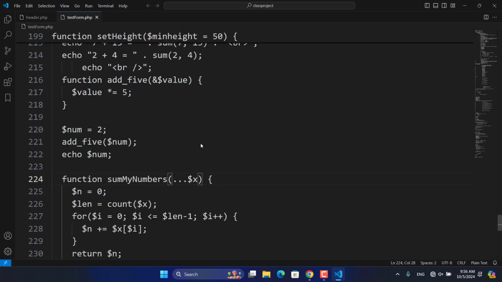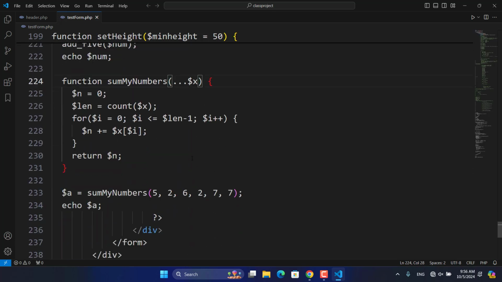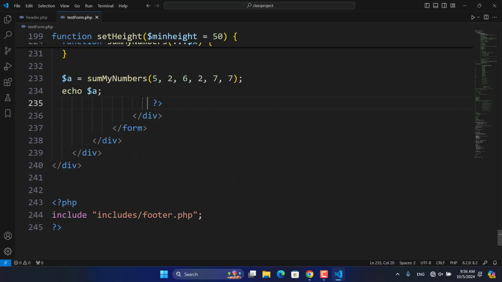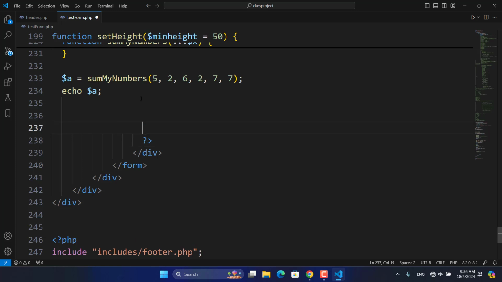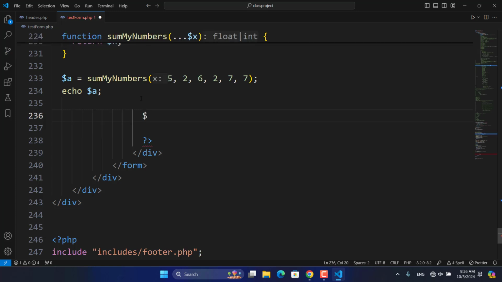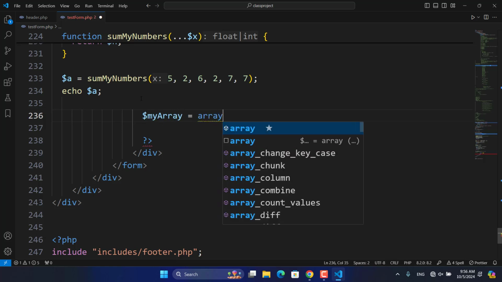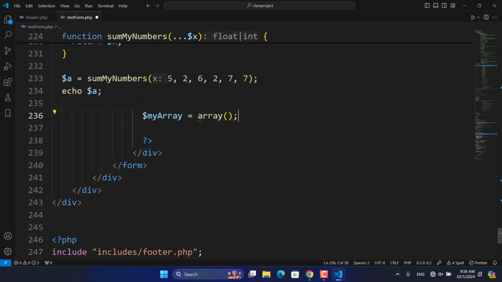So let's define an array. How can we define an array? Anyone? Defining an array: multiple values, so we need a variable. My array, any name that you like. Then the array function, then putting the items,